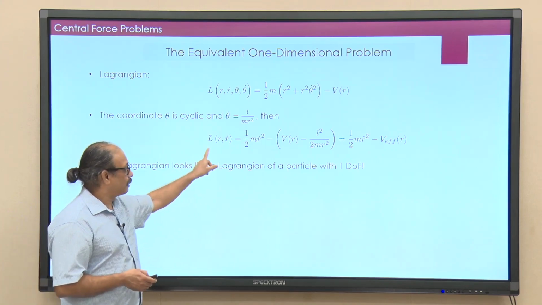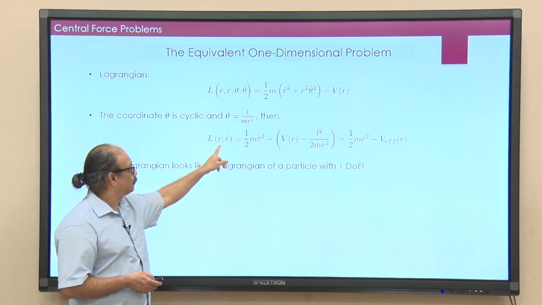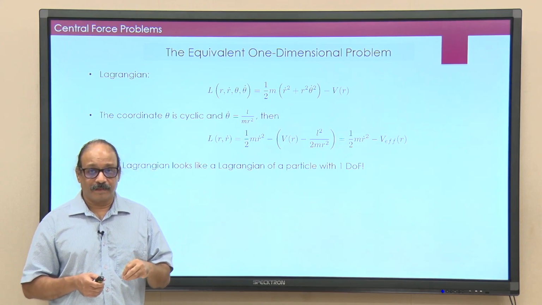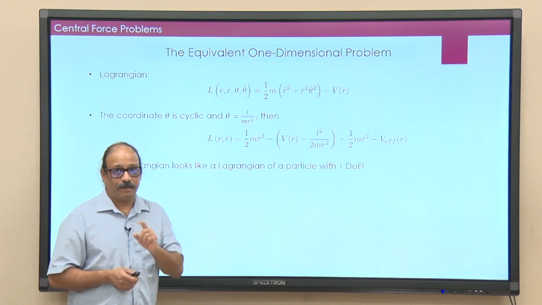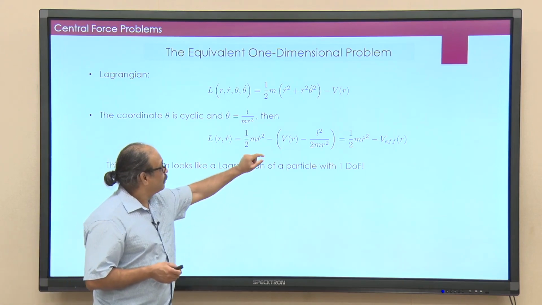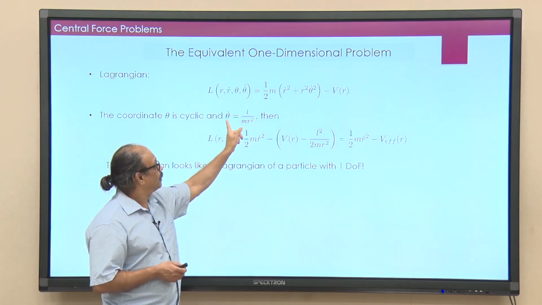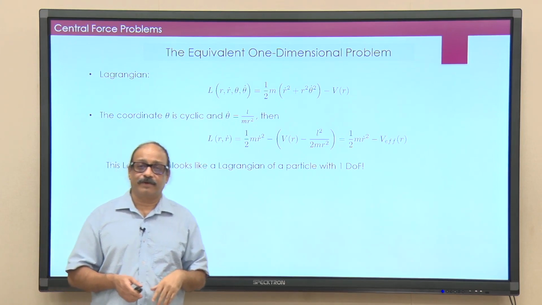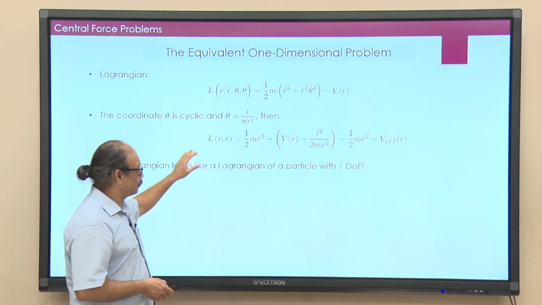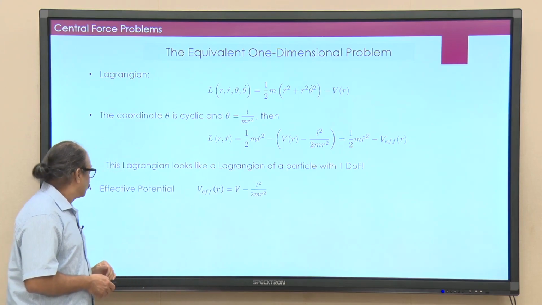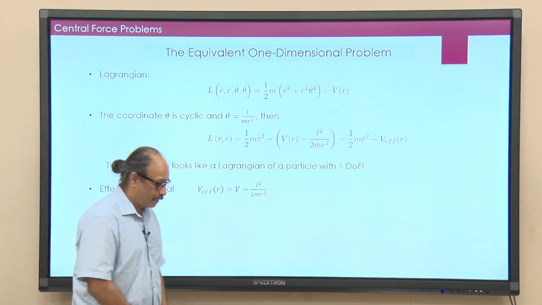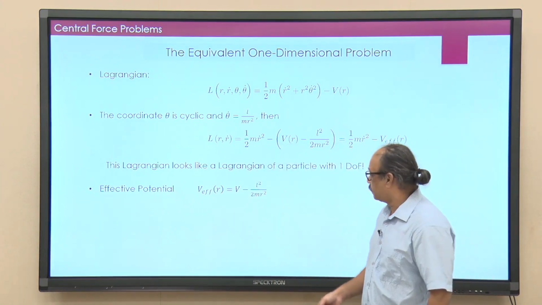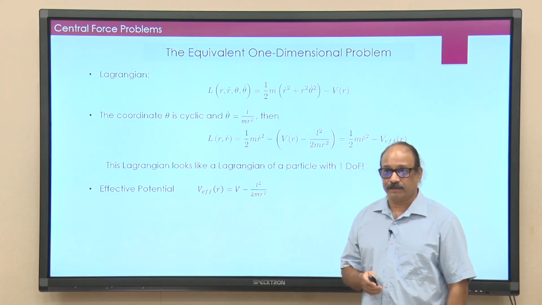Okay. And then of course, I will call this Lagrangian a function of only r dot. So, I can now solve the problem using this Lagrangian for 1 degree of freedom, that is r, and then combine it with theta by integrating this one here to get theta. So, this is theta dot is L by m r square. So, if I integrate, I get theta. So, this is how we will try and solve this, and this potential here is called the effective potential, and throughout the central forces I will keep talking in terms of the effective potential.